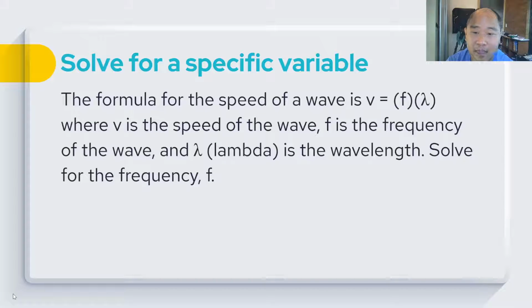Moving on. So let's say we're solving for a variable in a formula. The formula for the speed of a wave is, again, v equals f times lambda, where v is the speed of the wave, f is the frequency, and lambda is the wavelength. So if we solve for f,